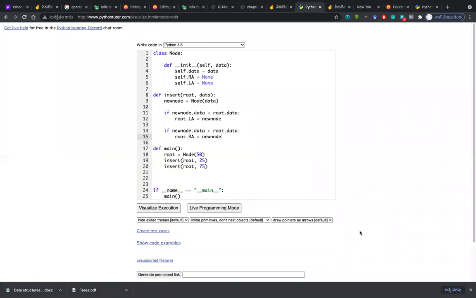Okay, is the screen visible? Yes, sir. Yes, sir. Right.